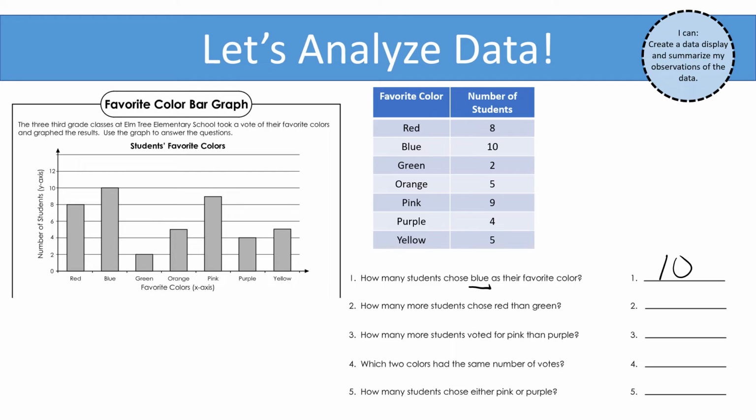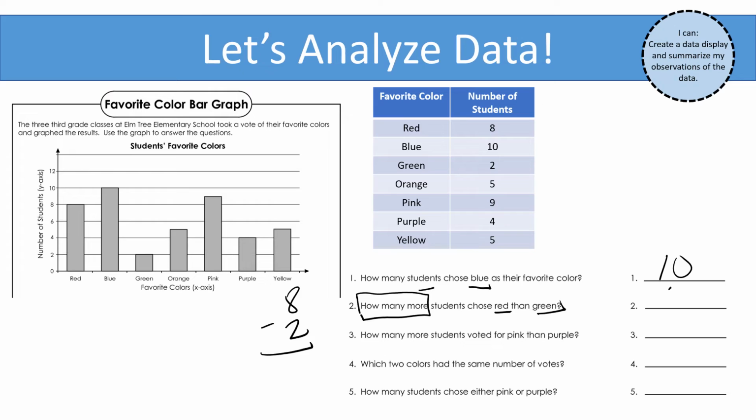So we have 10. Number 2, how many more students chose red than green? How many more is our key word, and that's going to tell us to subtract. So how many of them chose red over green? Red, there's 8. Green, there's 2. So we're going to subtract 8 minus 2